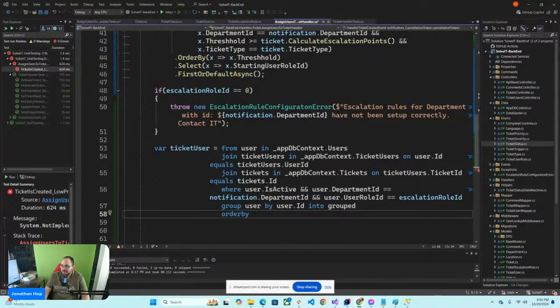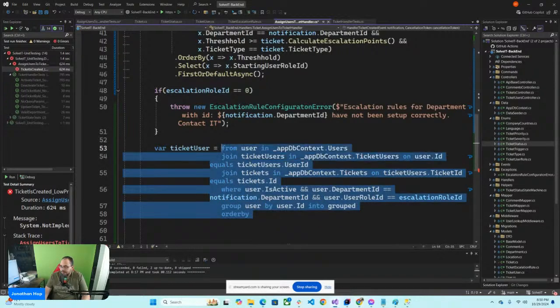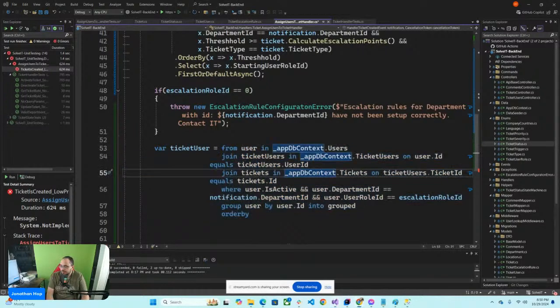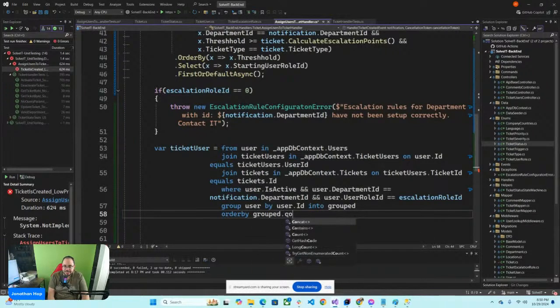Oh, okay. I think this might do it. Okay, order by, I'm close. Grouped dot count,